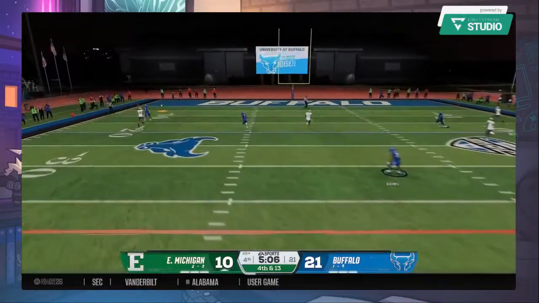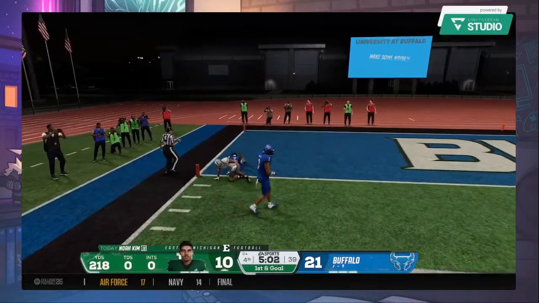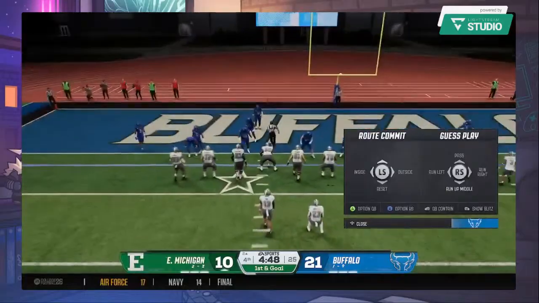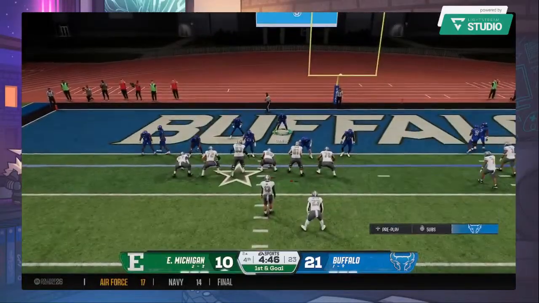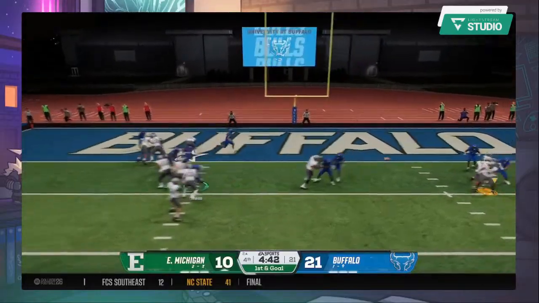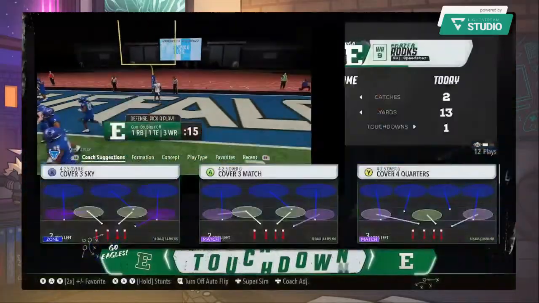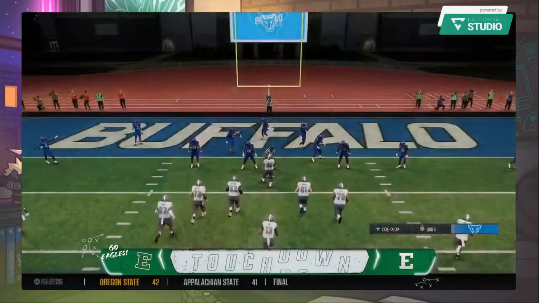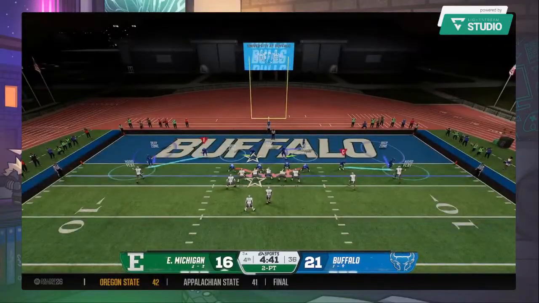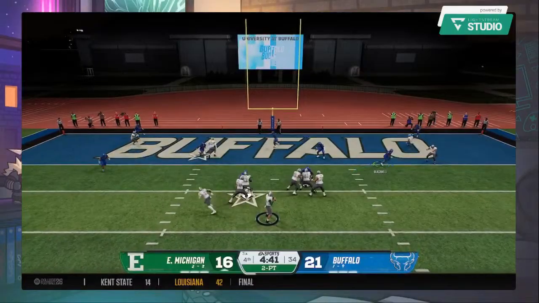He lofts it high and deep down the left side. He caught it. He'll be stopped just short of the end zone, but they'll have it 1st and goal. After that big play, they're trying to pay it off right on the goal line. Caught behind the line. It's Rooks. They will score! Touchdown, Eagles! And it's a really nice play call that time by the offensive coordinator because you just had an explosive run getting you down close to the goal line.